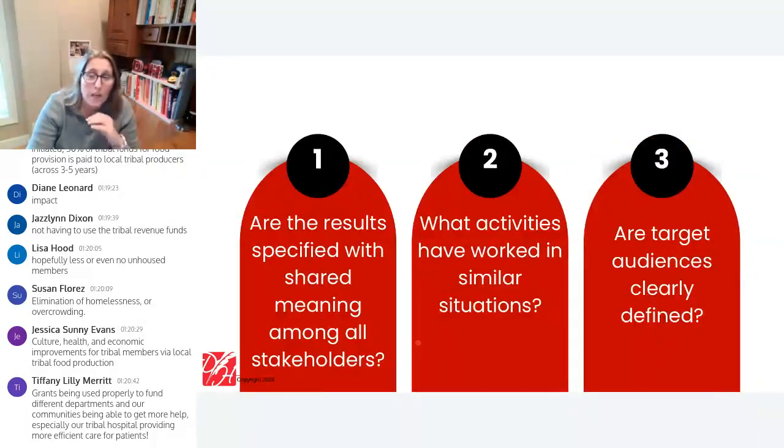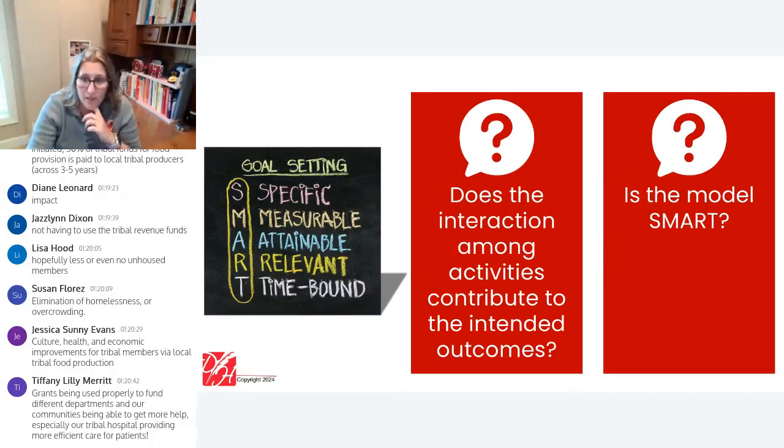So you might be talking about your outcomes, and they might wonder, how are you going to learn from those? Are you going to share those with your colleagues? These activities, have they happened before somewhere else? Who are you really trying to serve? Are we talking students K-12? Are we talking 7th and 8th graders, 6th, 7th, and 8th graders? So if you're able to put in some specifics, maybe from your SMART objectives, into your logic model, that can help to connect the dots for your reviewers.